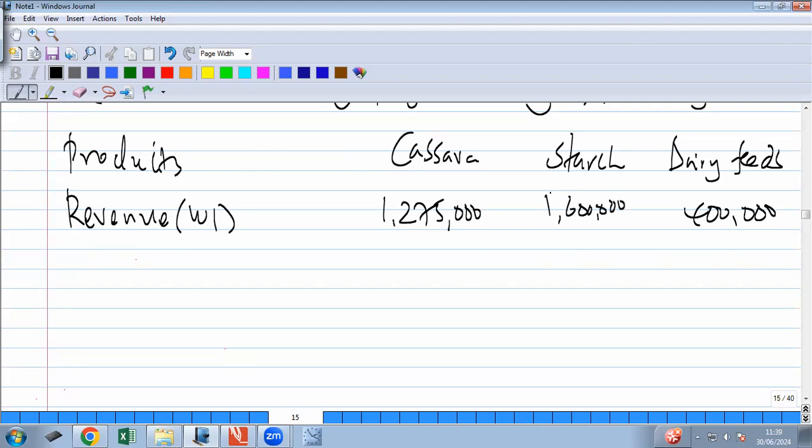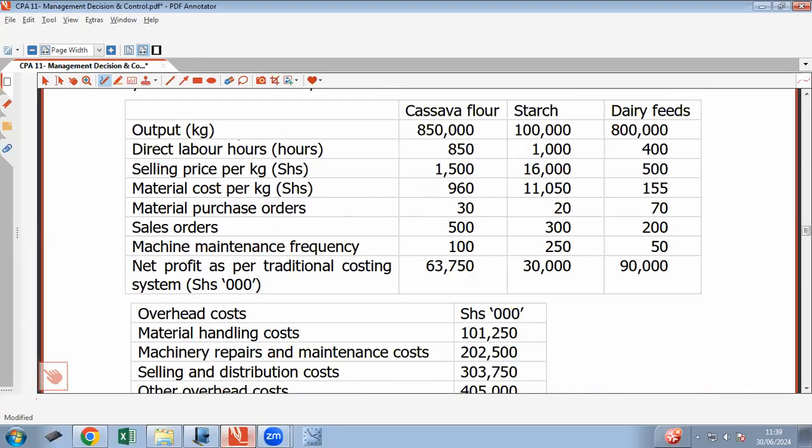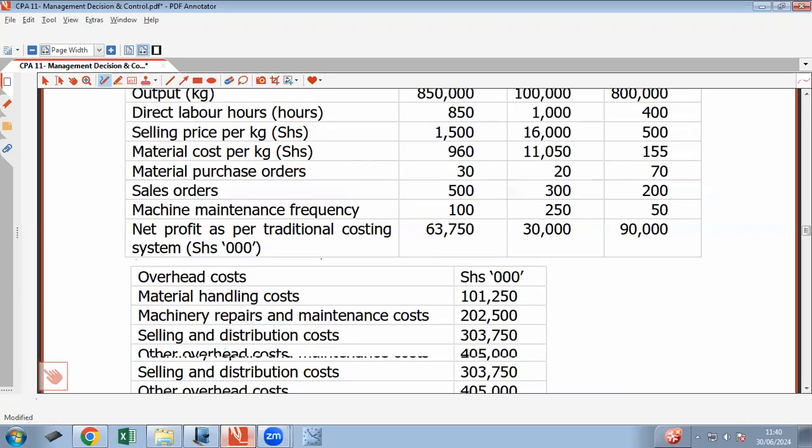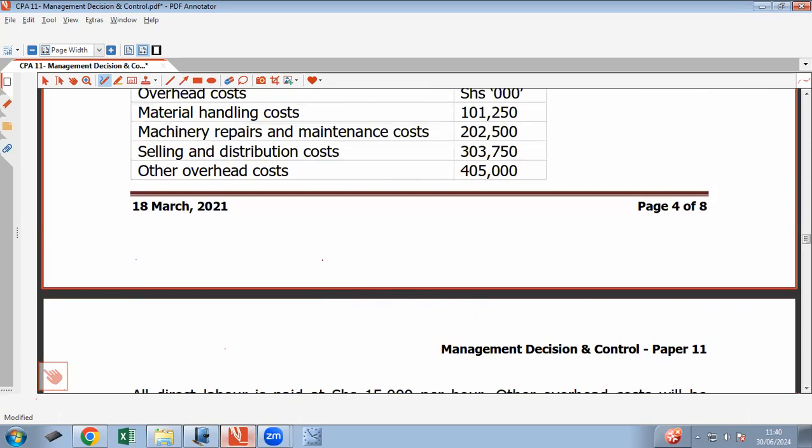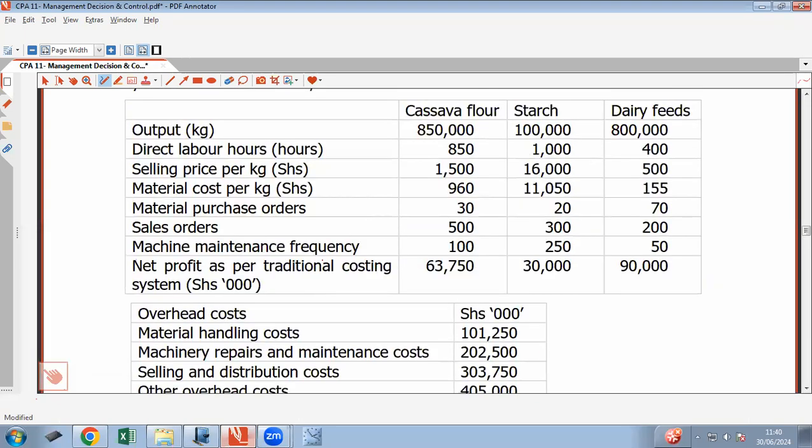Okay, then what do we have as direct costs in the question? You can first start with the direct costs. Of course, we have direct labor hours, right? Because they gave us a cost for direct labor, which was 15 per hour, we can determine direct labor cost. Then we have also material cost, which is direct. I mean these two. These material purchase orders, these are cost drivers, correct? Okay, so let us work out